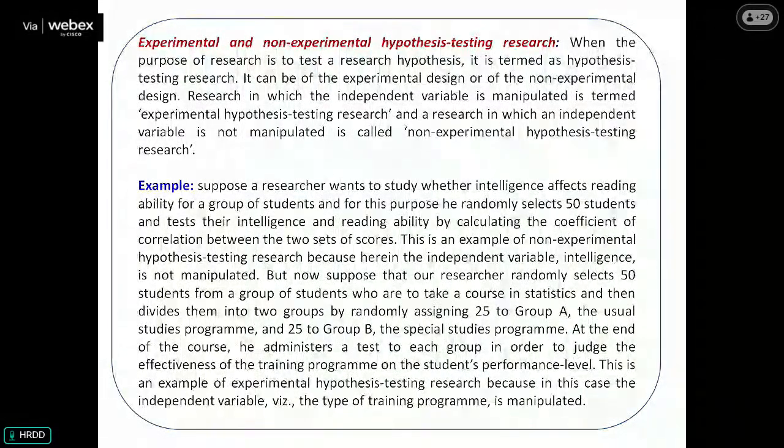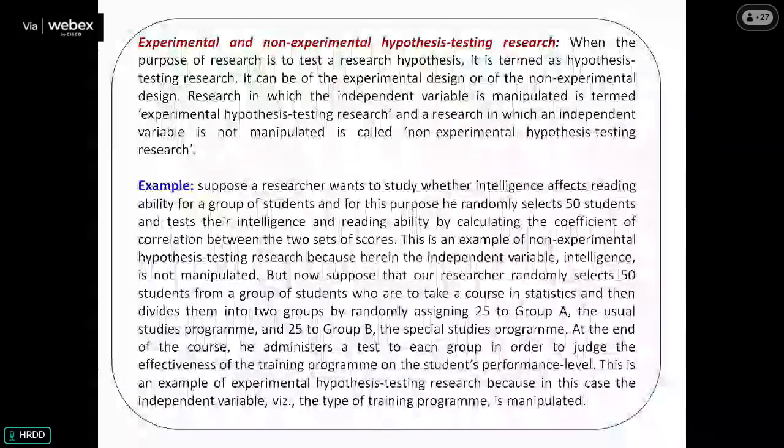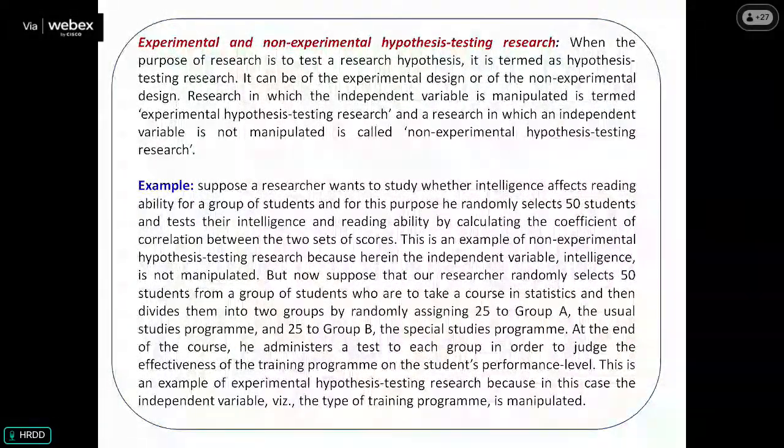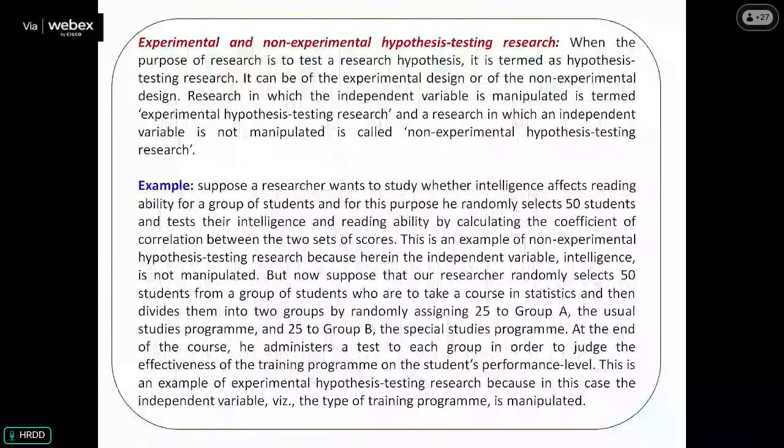for which he randomly selects 50 students and tests their intelligence and reading ability by calculating the coefficient of correlation between the two sets of scores. This is an example of non-experimental hypothesis testing research, because herein the independent variable, which is intelligence, is not manipulated. So they have measured the intelligence level of, say, 50 students,